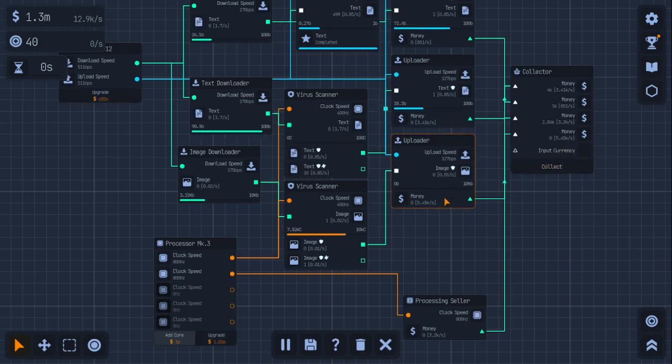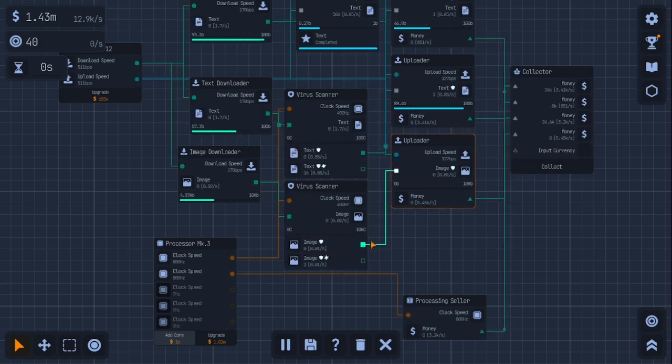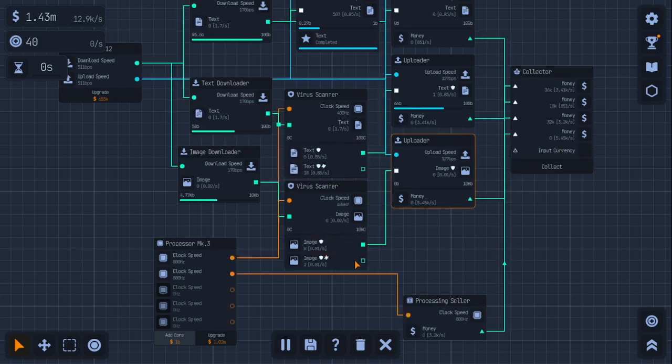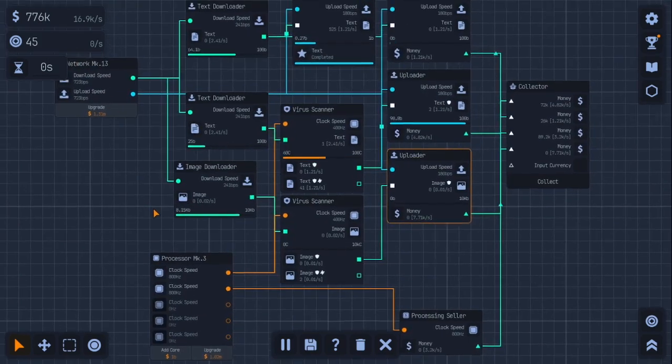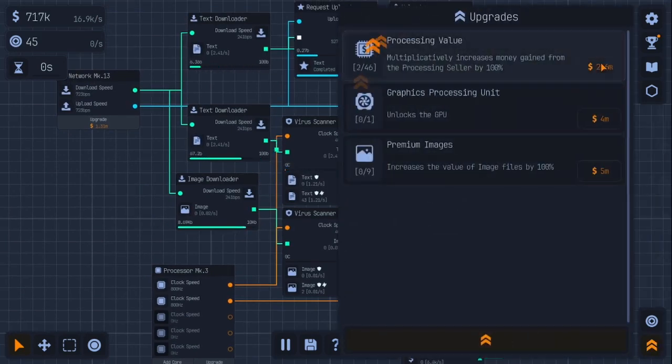And then if the image files are selling for 5,000 a second, how long it's taking to do one, they've got to be worth something, even though the only image files I've got at the moment have been unsafe ones. But yeah, sure, if I upgrade this, they may go a bit faster, so I'm gonna just keep upgrading as many things as we can, as much as we can,